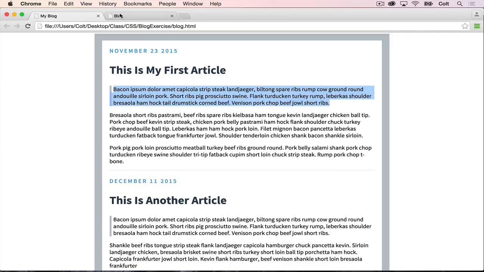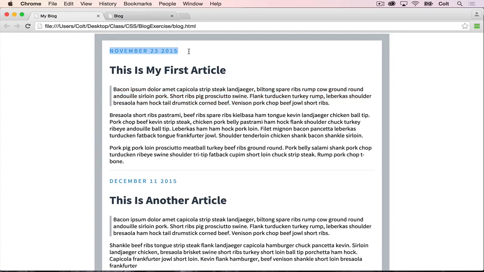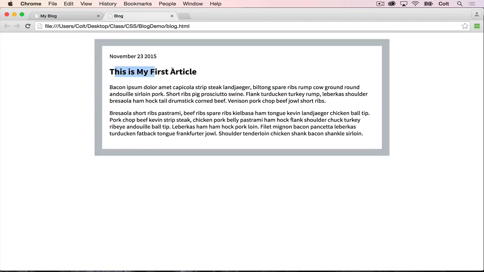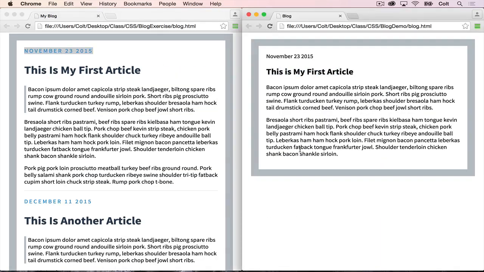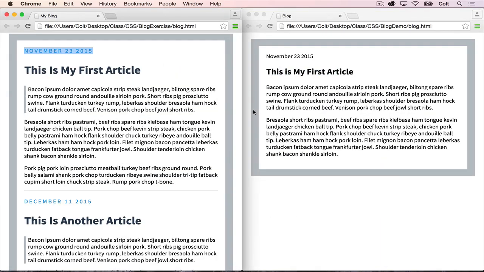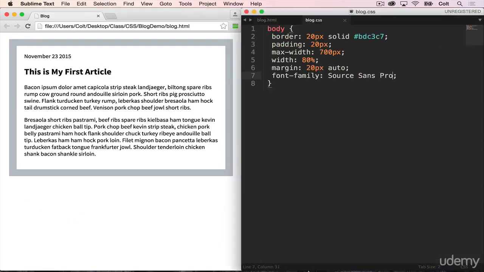So if we refresh right now, it's not going to look really close to what we're looking for. We have to change the date quite a bit. We need to change the font size of this H1. Here, let me make them side by side. We need to add in this left border here on the quote. We need to change the color of this, the spacing of this, and then we need to add this HR in. So let's go ahead and start by